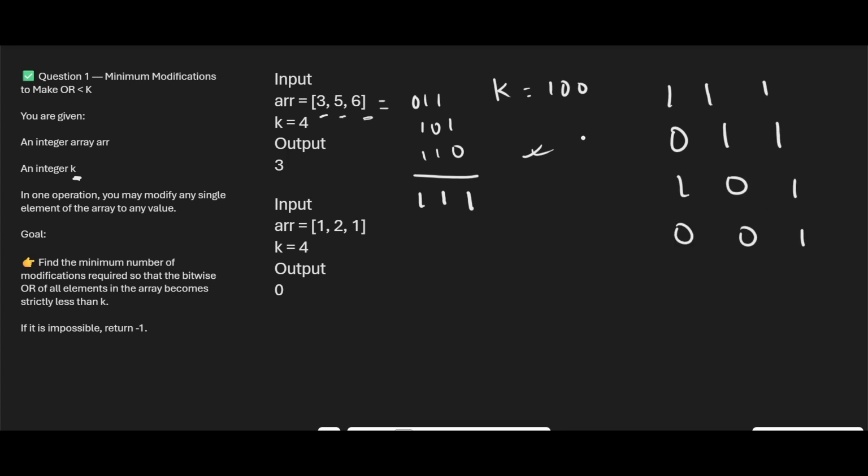To ensure that the OR of all these values is lesser than k, we must make sure that there is no 0 in both these positions, because this is 1, at least 1 should be in this position. What I mean is, for the OR result to be less than 4, no bit can be set where k